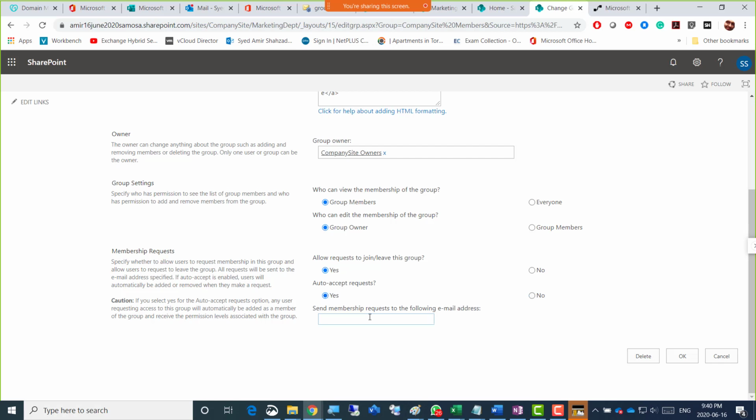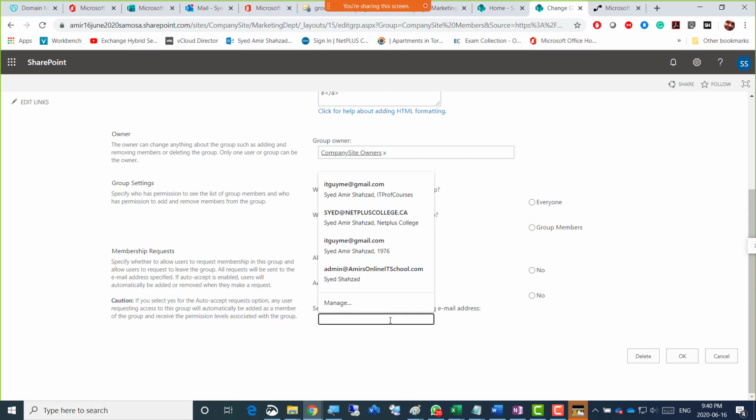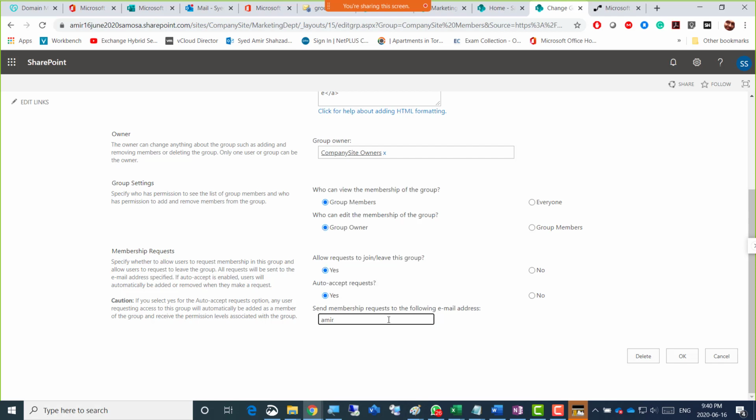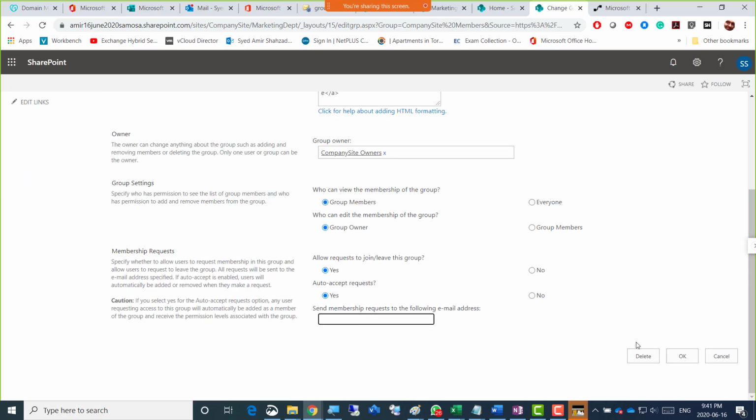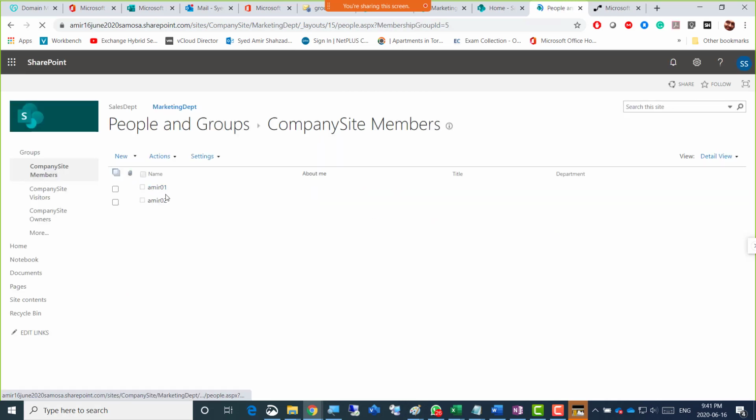Allow, this is just there's an email that we can add here, user 01. If it adds, oh, I have to add a full email, right? So admin, oh, that's not the admin. Okay, it's not detecting that. I'm just trying to check that people in groups, if you have added a group, what are their permissions that we can give. So this is the group site owners, whoever are the owners there.